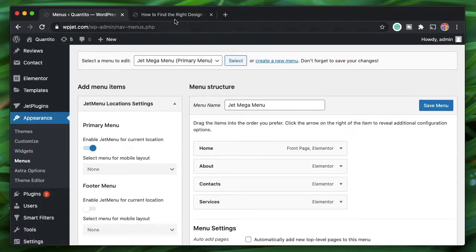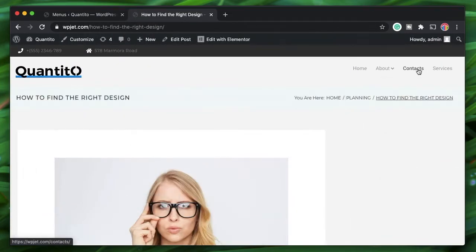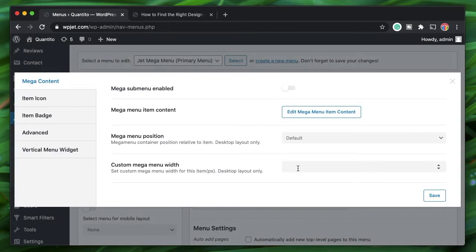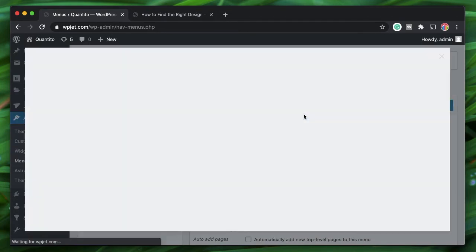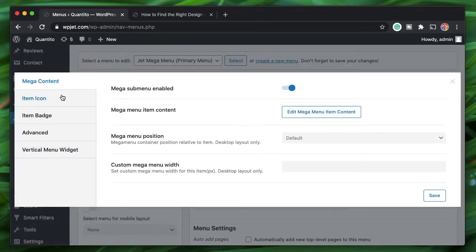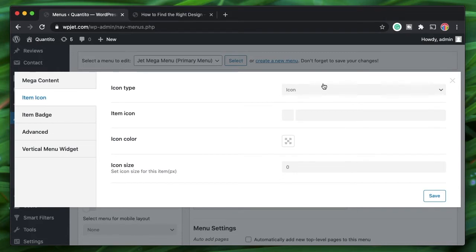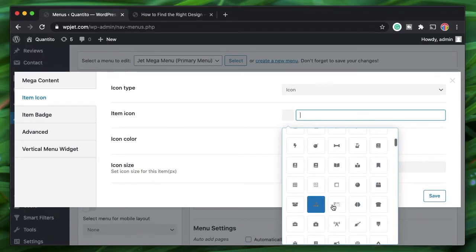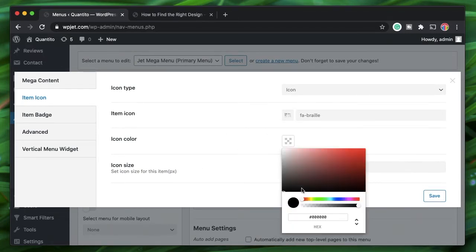Now similar to about, we'll also convert the contacts section and the title. Again, this can be anything. You can link this to nothing or have a hash link. I'll just click on jet menu. When I hover over contacts, I'll again enable this. I'll just click on edit menu content. Now before editing content, we can also add an icon to the menu item, and the icon that I'm gonna pick, maybe this, anything with the color.